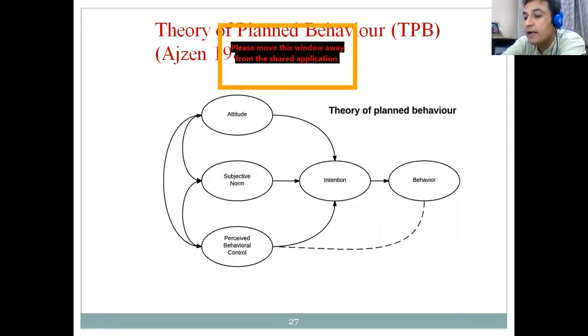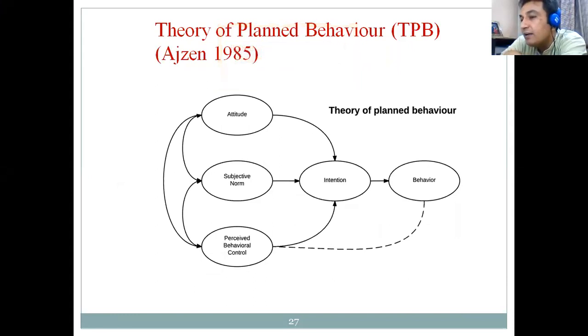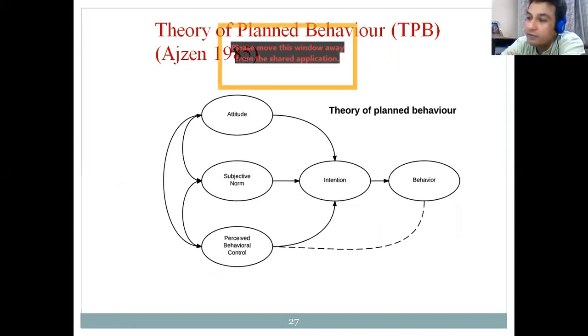Now this is theory of planned behavior, and this theory of planned behavior is again an extension of theory of reasoned action. So I'm telling you how the theories are developing, one step at a time. In the first step we had two attitude behaviors, then we have theory of reasoned action. From theory of reasoned action, Ajzen came out with the theory of planned behavior. In this case, he has taken attitude in totality. When I say attitude in totality, it means object and behavior together. Then subjective norms. Finally,